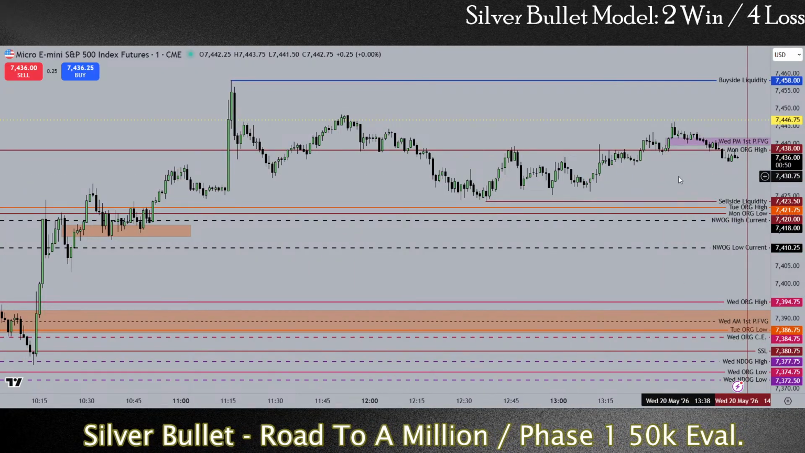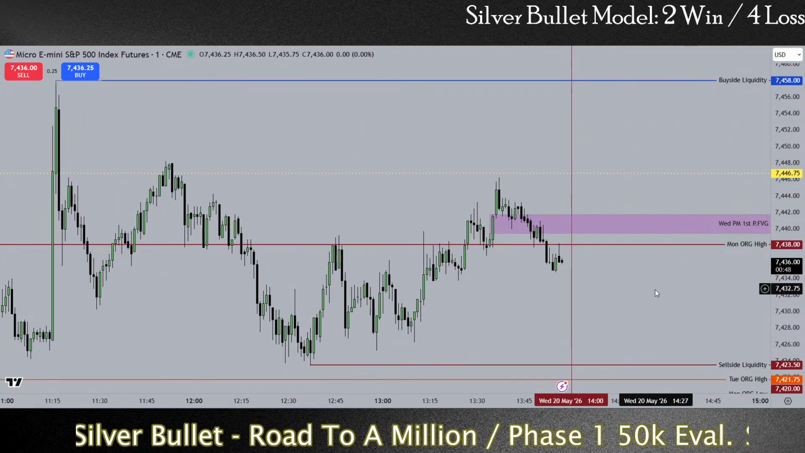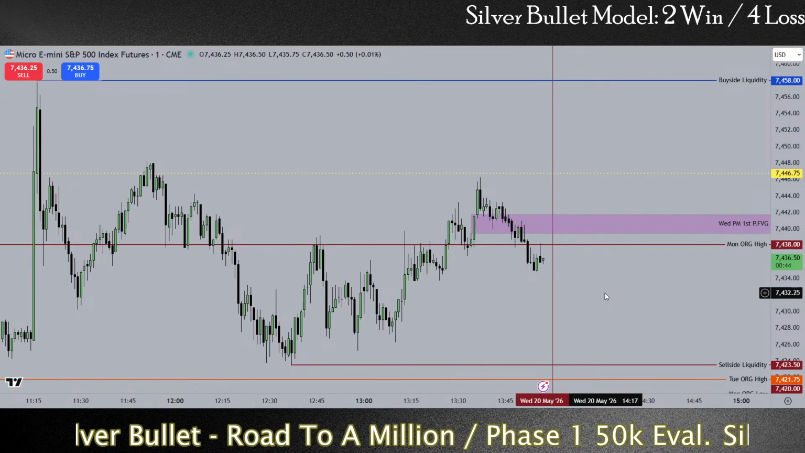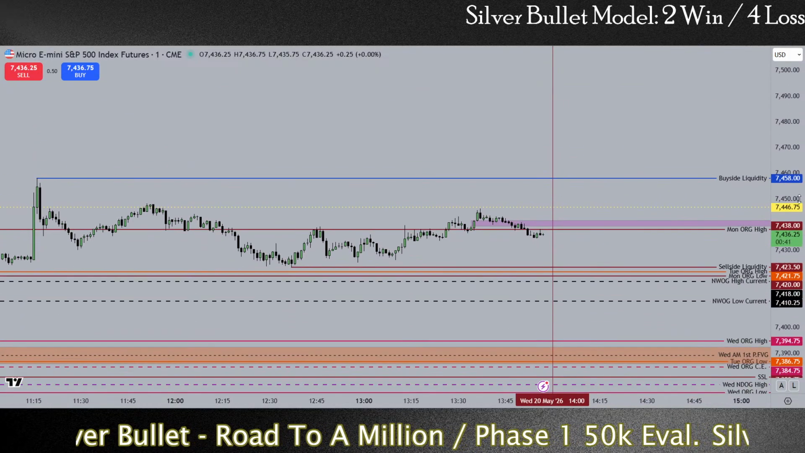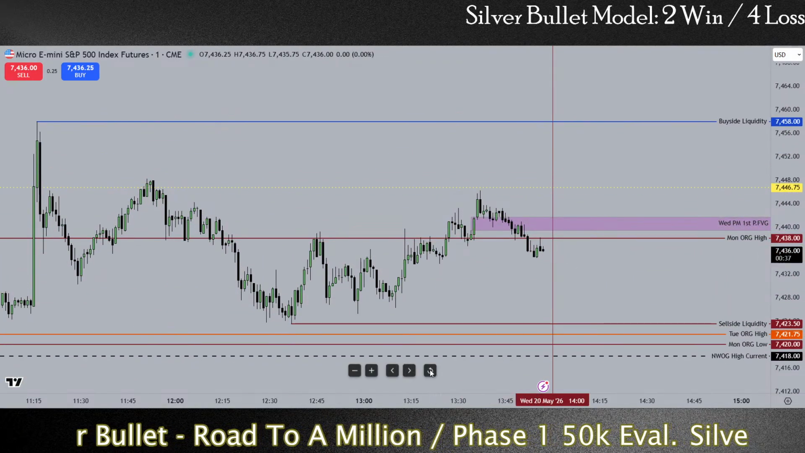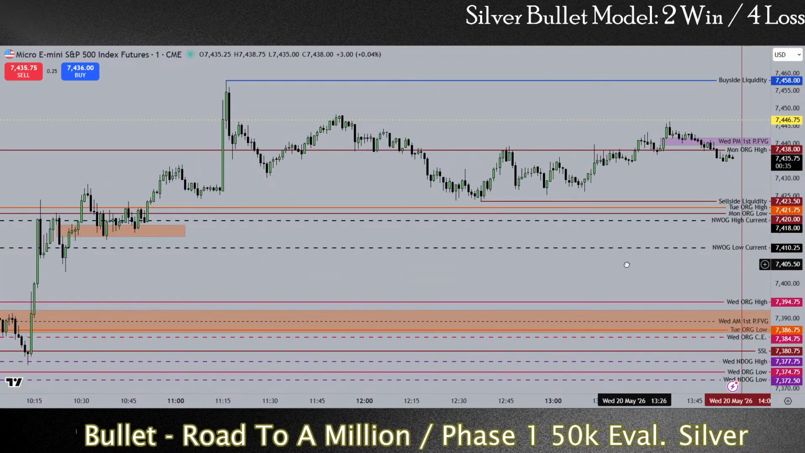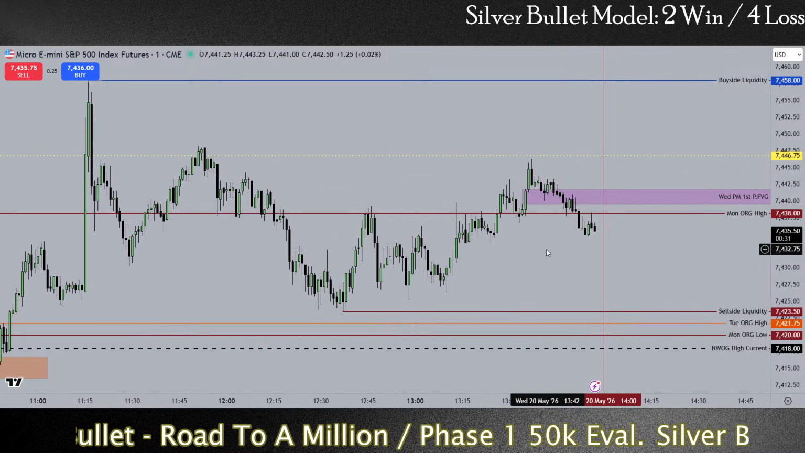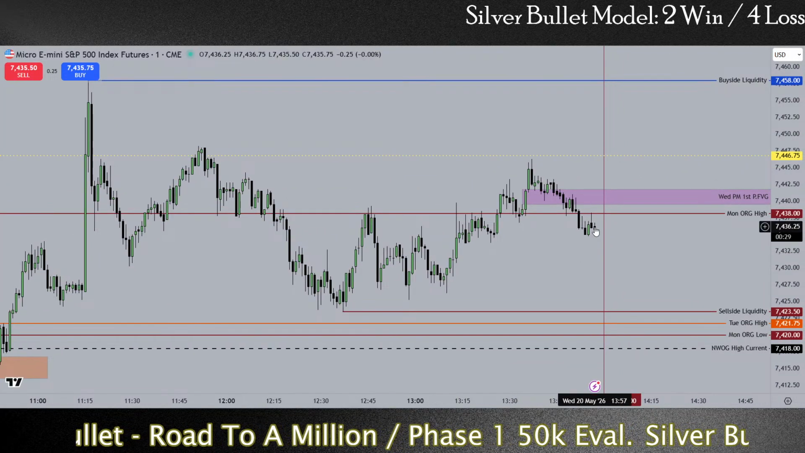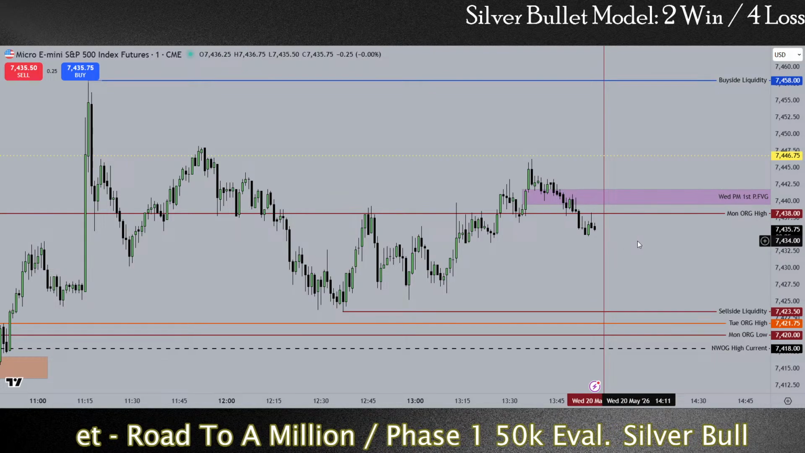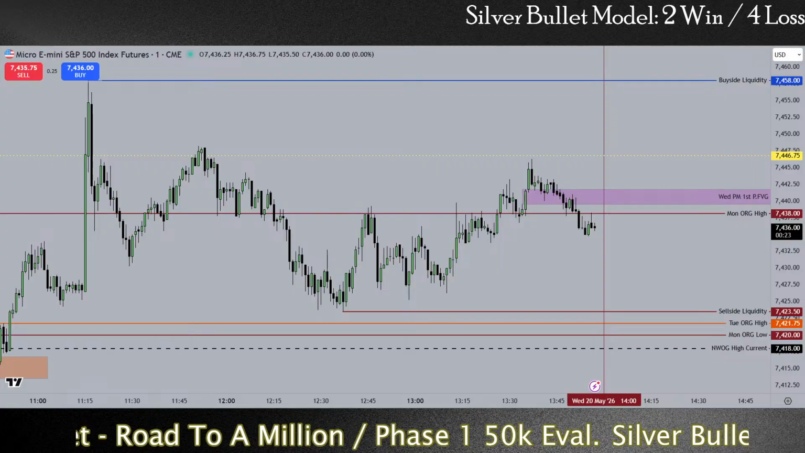Right, so I guess I have all of the levels in place. I guess I have a potentially bullish expectation still. So yeah, 2.5 minutes. Let's wait and see